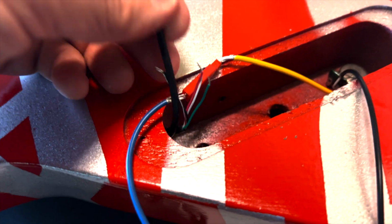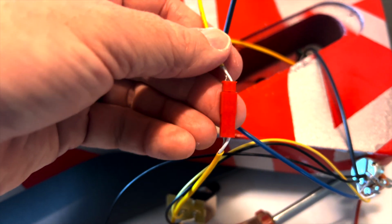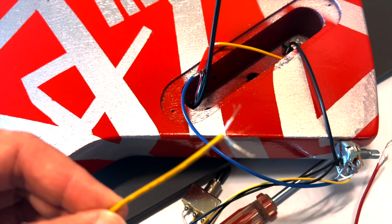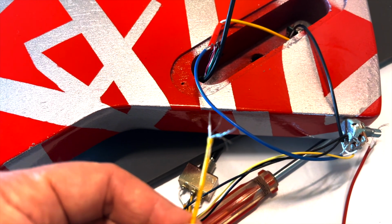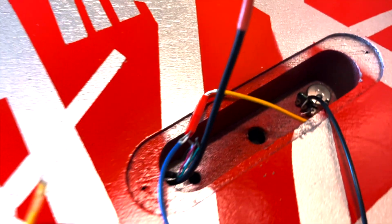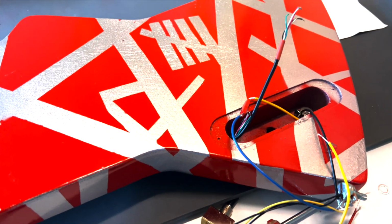What I've done is I've got the pickup wires. This one is for the bridge, and this one is the neck pickup right here. So this setup has got the clip-in connectors for easy installation. So what I've done is I've cut the pickups off that came with this setup and left this connector, so I can just solder the hot and the ground to this, which will be super easy. Once I solder these together, tape it up, put the pots in, it should be good to go. I'll check the sound and make sure it's right, and then put the knobs on it, string it up, and then it'll be